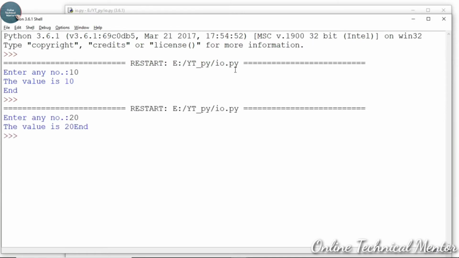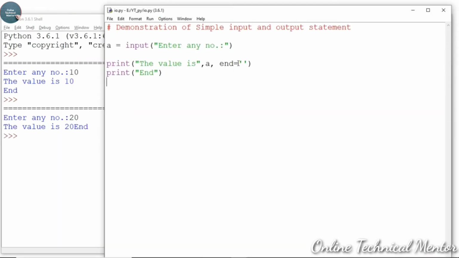Again write down 20. Look what is happening. When you are using end equal to single quote open close, it will print the content of this line, and then the control remains in this line, and whenever it is printing the next line, end, it will print adjacently. Now if you write, say over here, sep equal to, say,